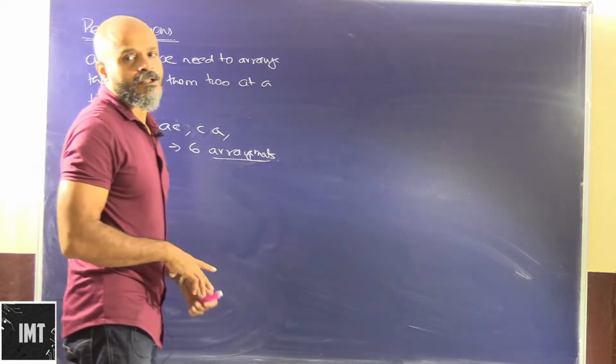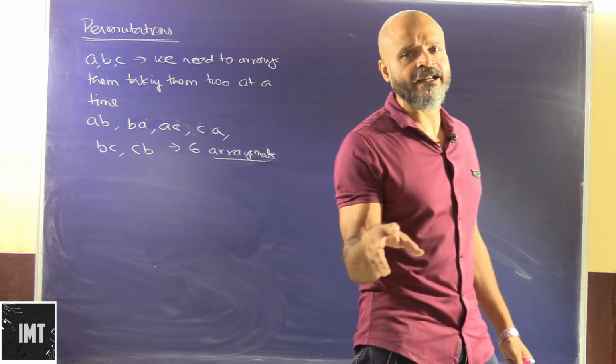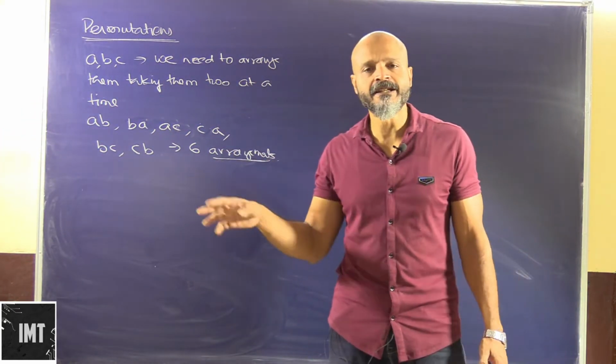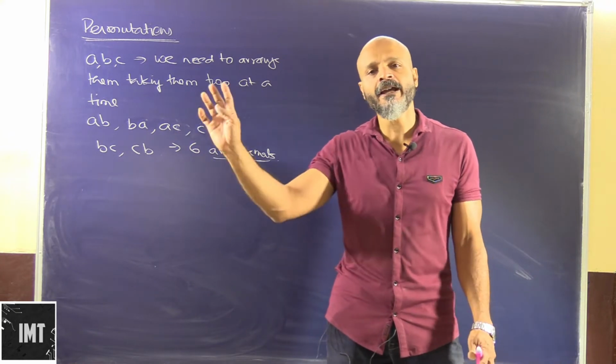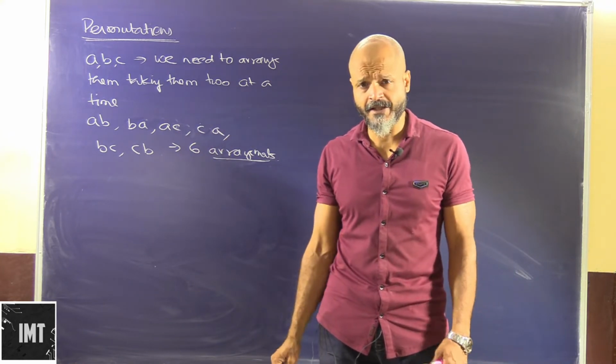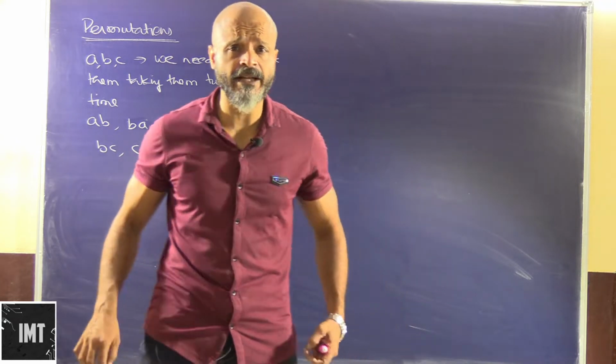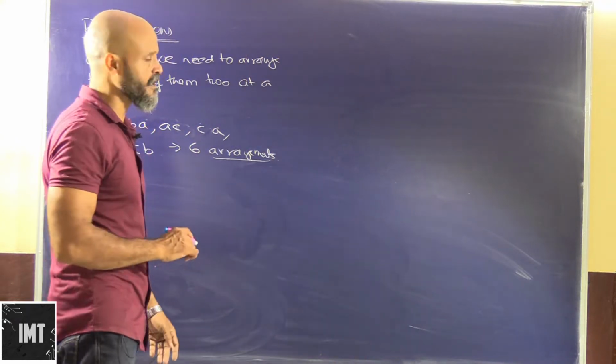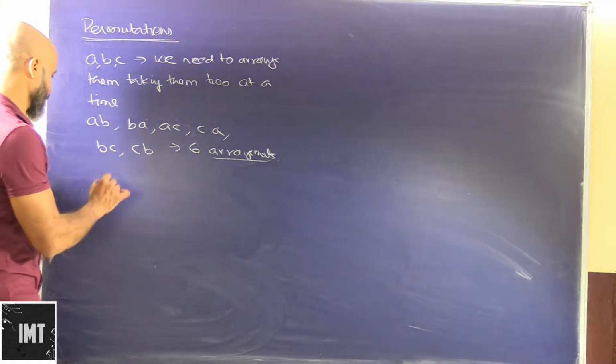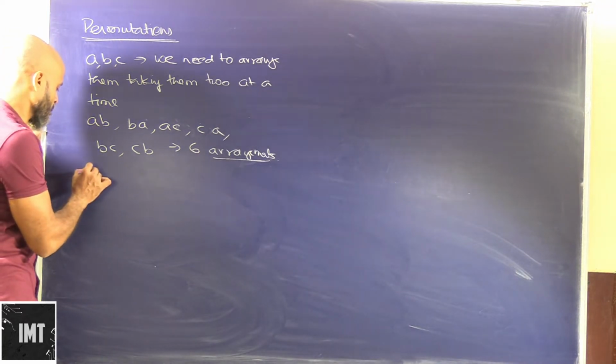permutation. Okay, so long as we have just 3 or 2 to take care of, it's easier to do it this way. But when we have a lot of arrangements or a lot of numbers to be arranged, then we have to follow a certain way in which we have to do it. Okay, and that is called permutation. So let's say if